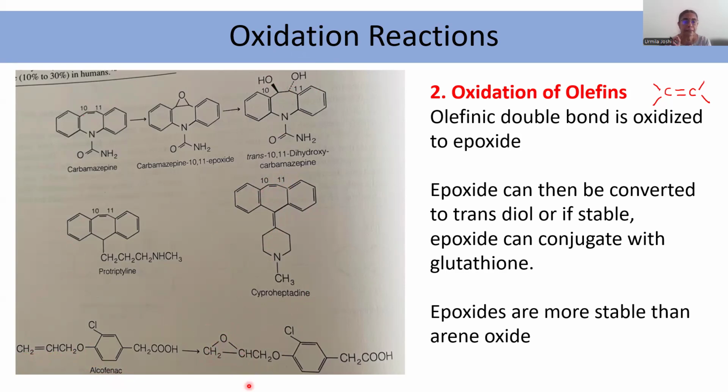So, when there is a double bond, this double bond is more easily converted to epoxide and the epoxide converted to trans 1,2-diol. The double bond can be part of the ring also, or the double bond can be part of the chain as is here. But remember, a double bond that is at the junction of two rings is not so easily converted to its epoxide.